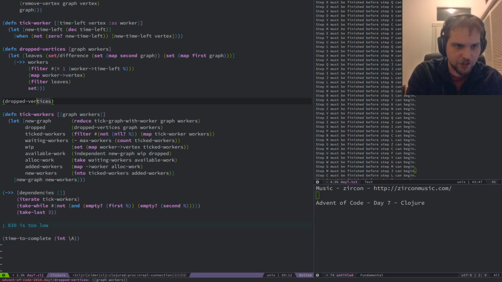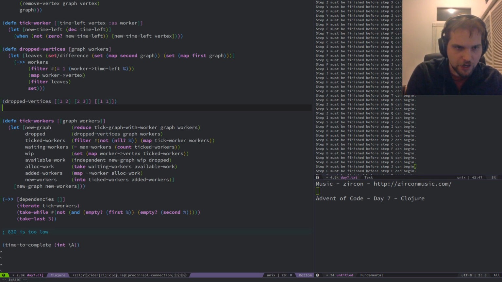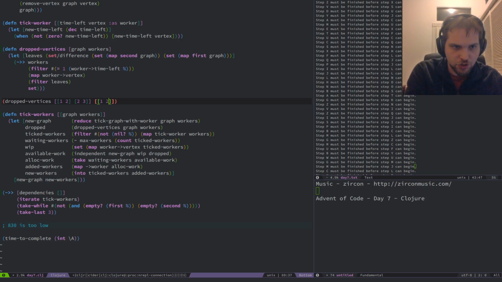Let's try this out with something here. One, two, 2, 3. And workers. Nothing. Good. If that worker was working on number 2, though. Still nothing.